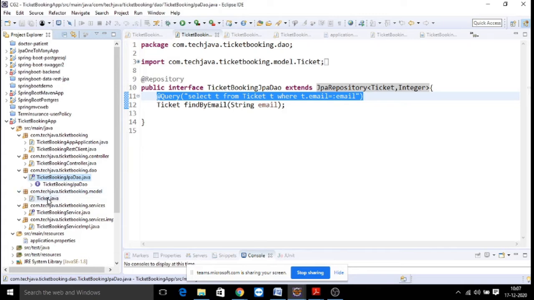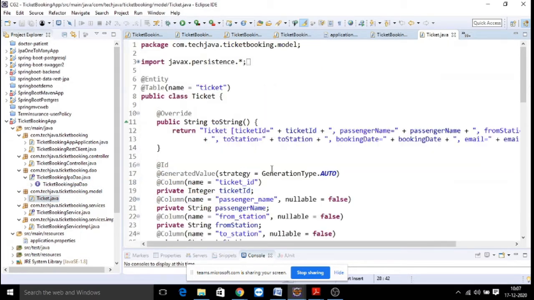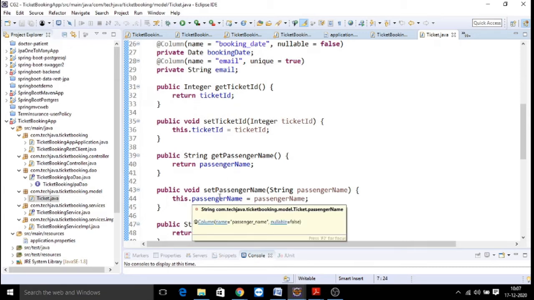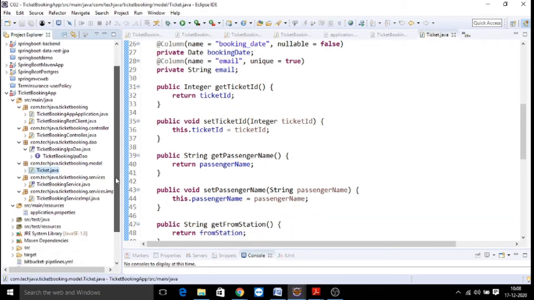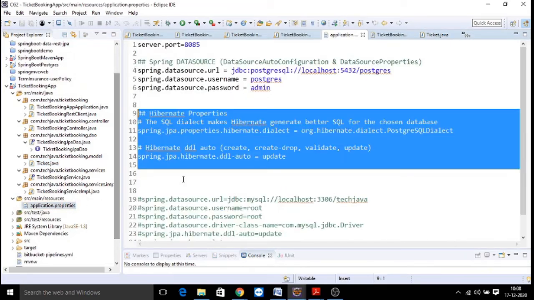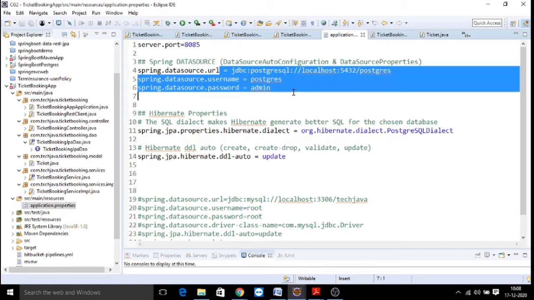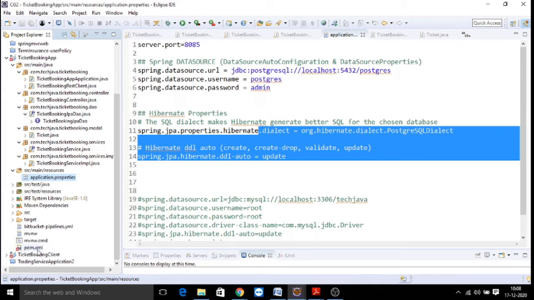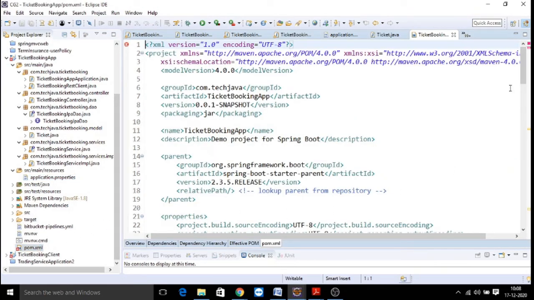And always we know there's a model class which is going to be an entity class which resembles your table data: what is the table name, what are the primary key values and other columns for your table. The minimal configuration needed with your Spring Boot REST Data JPA is the database source properties and JPA properties. We also need the required dependencies.